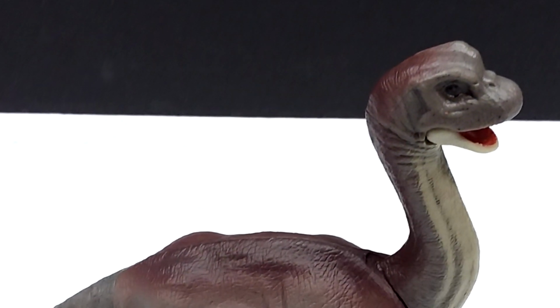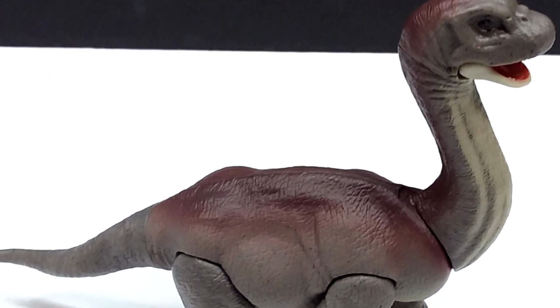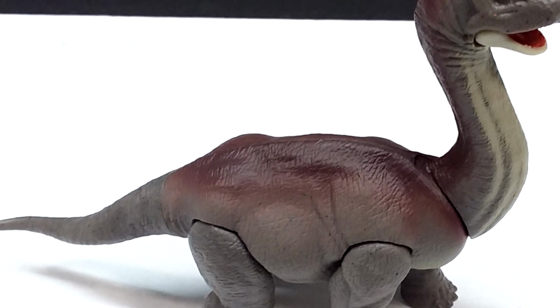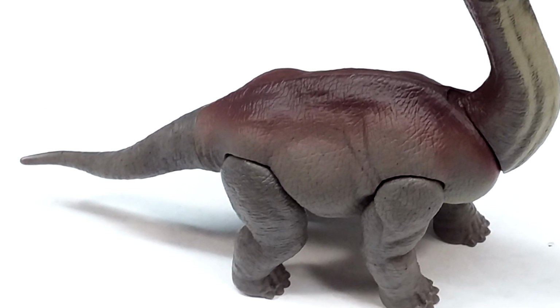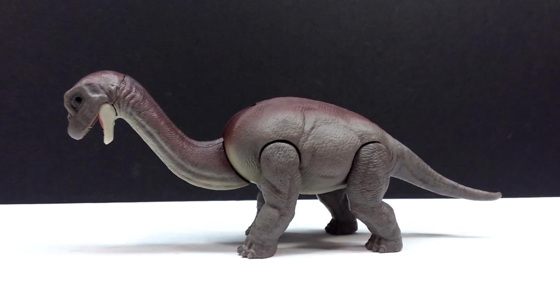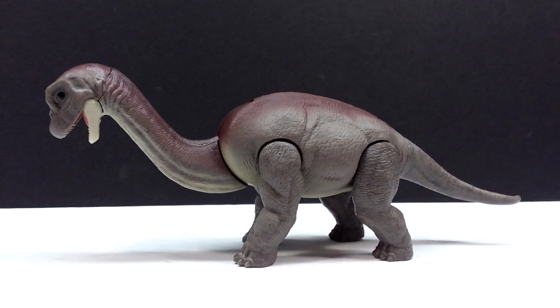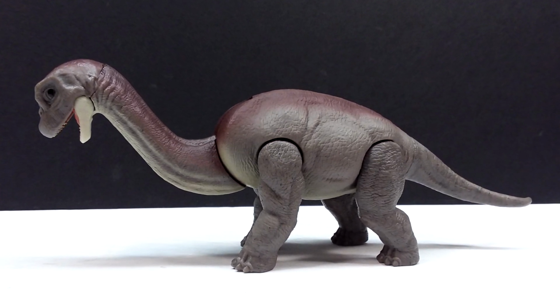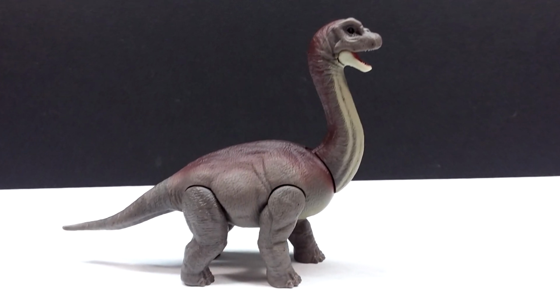So if this is something you are interested in, make sure you check your local Walmart and Target, as that's pretty much, I believe, where they've been showing up. I actually don't know if they've been showing up at Target quite yet. Definitely at Walmart, but I'm not 100% sure at Target. I think they're as well. So it should only be a matter of time before these are everywhere and you'll have no problem picking one up, or so I hope. But one way or another, if you do in fact find it, make sure you pick it up. It is an awesome baby